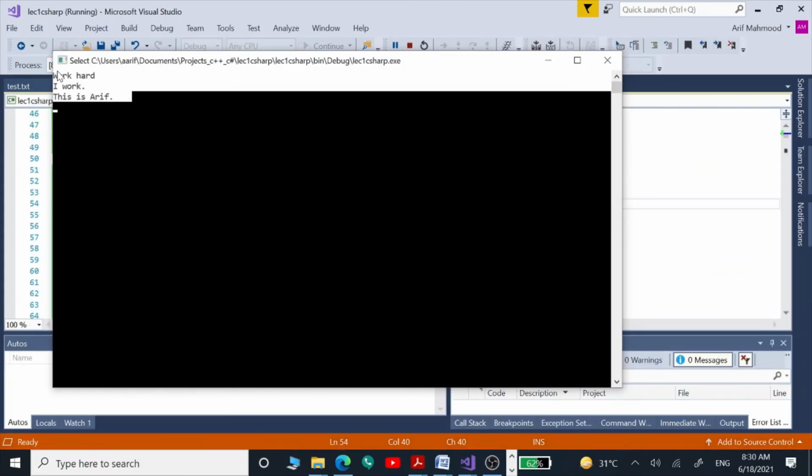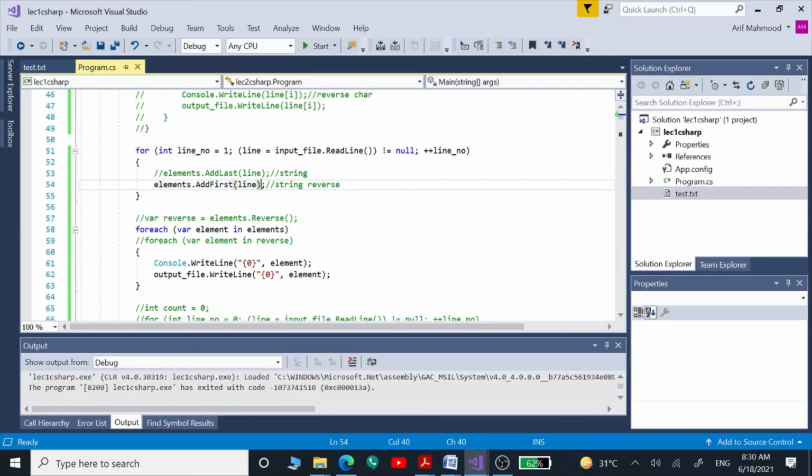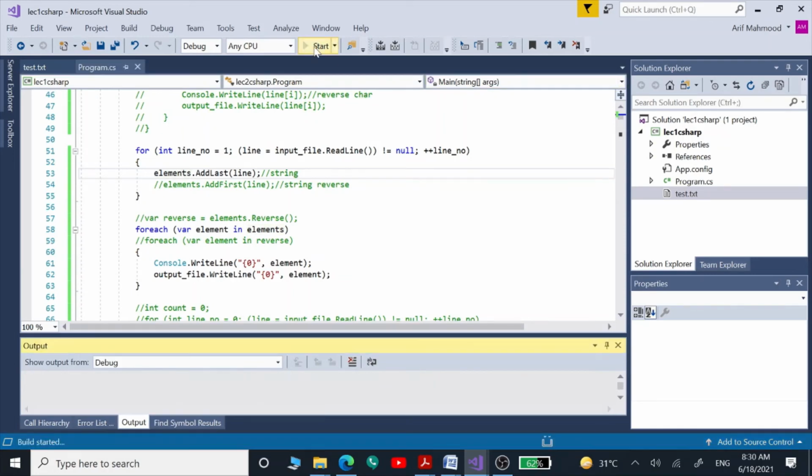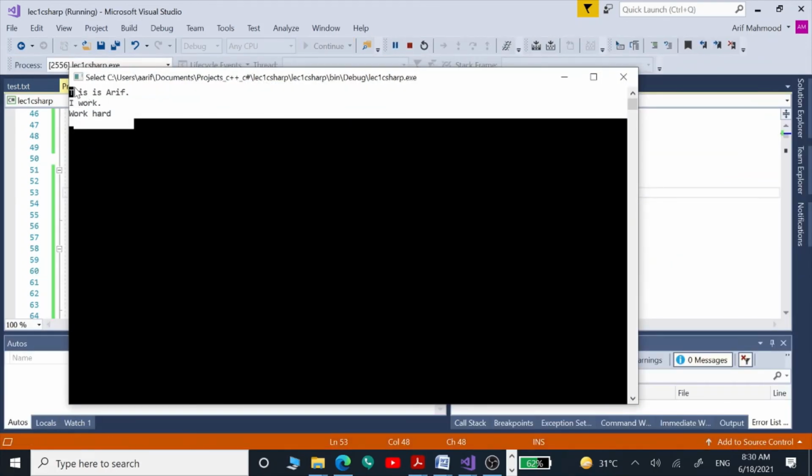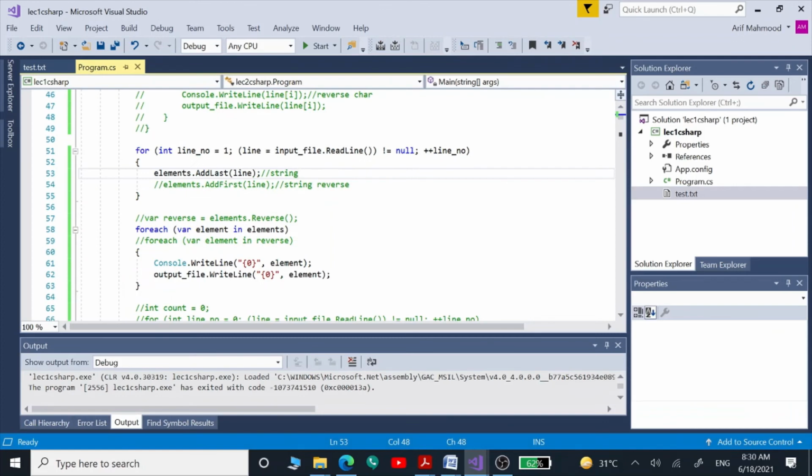So we can see the three lines got in the reverse direction. So this is one way of reversing it. But if we are not happy that we are not going to put elements in the reverse order, we are going to put those strings in our linked list in the straight way, and then we are going to reverse those. So what we can do is we can put those in the first in the straight manner. So we see those in the straight manner using this for loop, but now we can change those here actually.